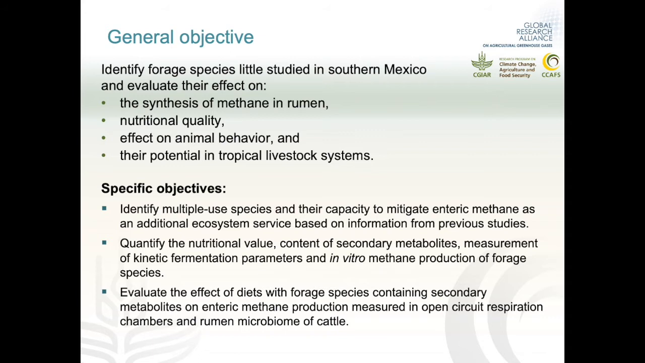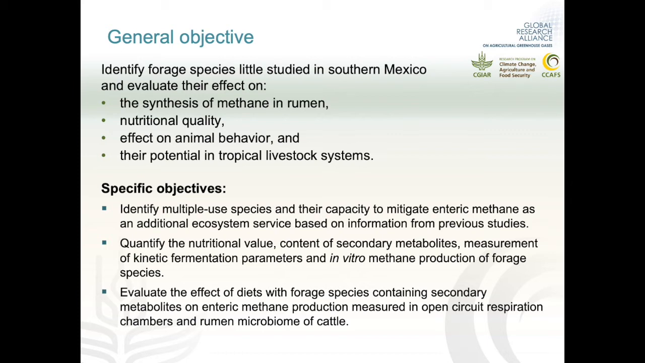The general objective is to identify forest species little studied in southern Mexico and to evaluate their effect on the synthesis of methane in the rumen, nutritional quality, effect on animal behavior, and their potential in tropical livestock systems. Some of the specific objectives are to identify multiple use species and their capacity to mitigate enteric methane as an